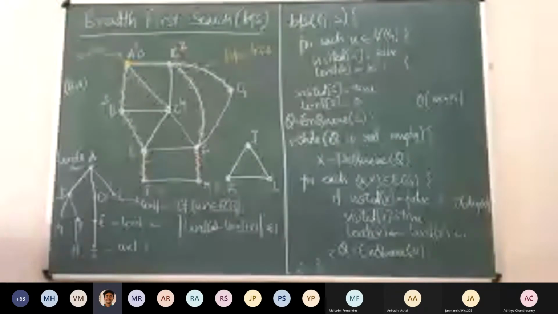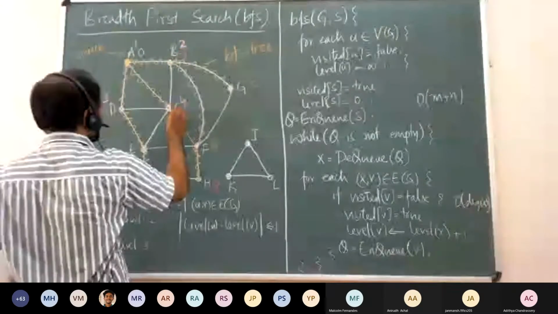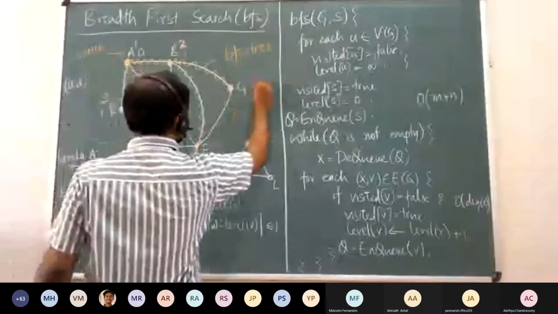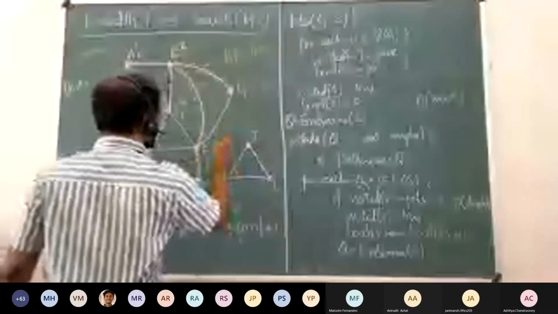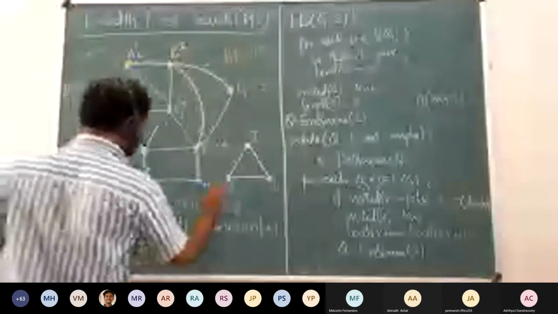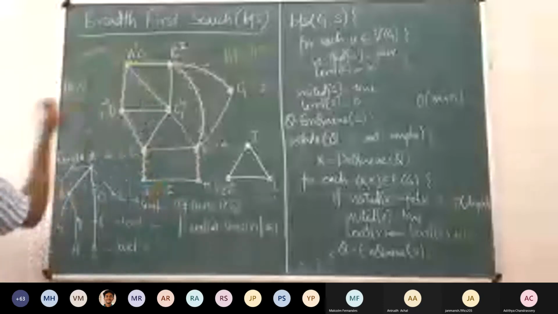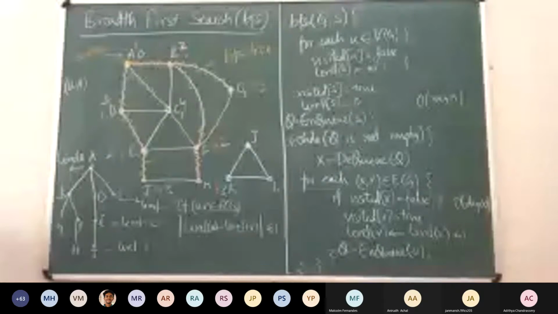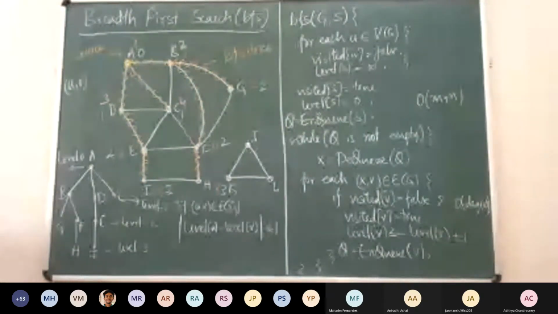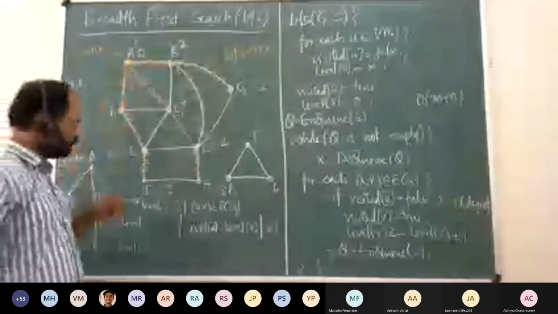Okay. So let us indicate the levels using that color. It is level 1 here, level 1 here. G is level 2, F is again level 2, E is level 2, then H is level 3, and I is again level 3, right? So levels are indicated in this green color. I don't know what color you see it as, depending on the video. Okay, so these are the levels.